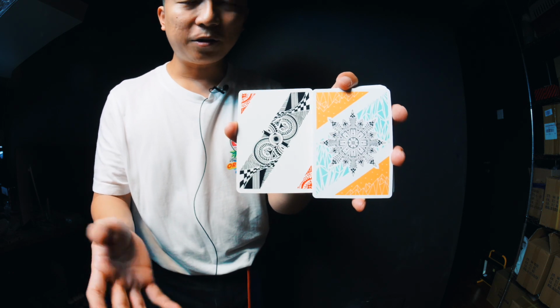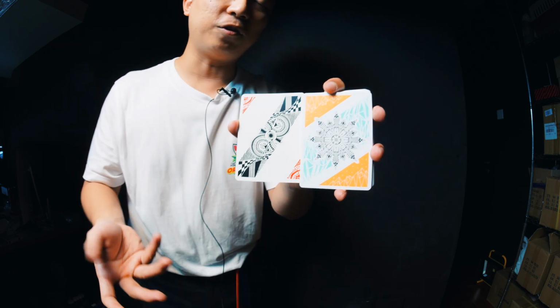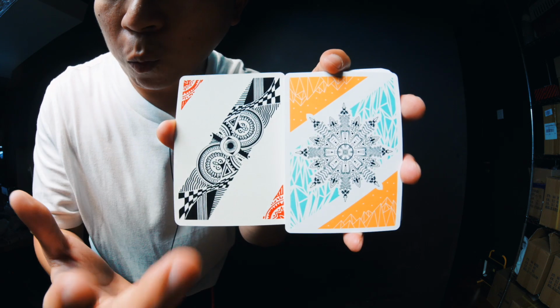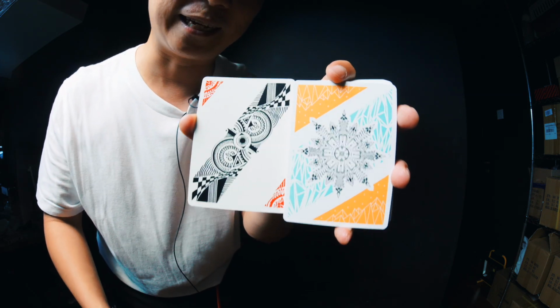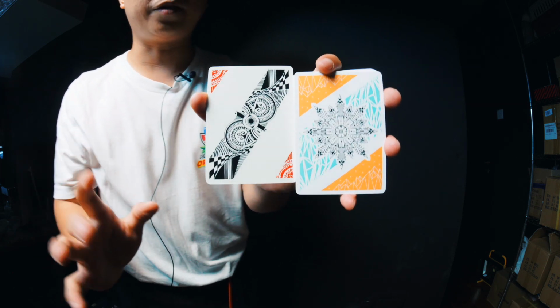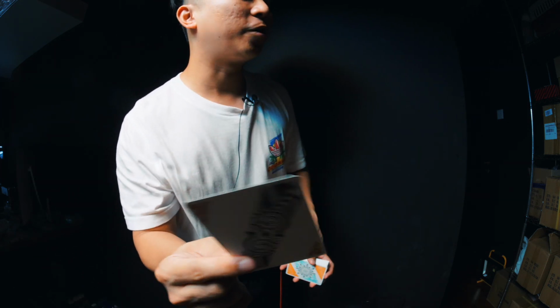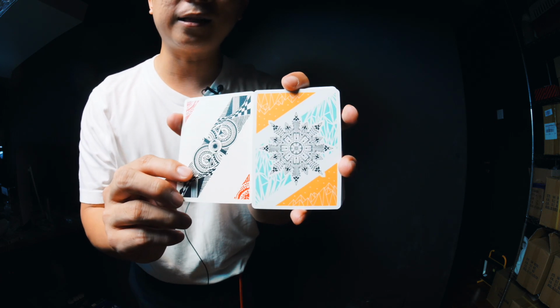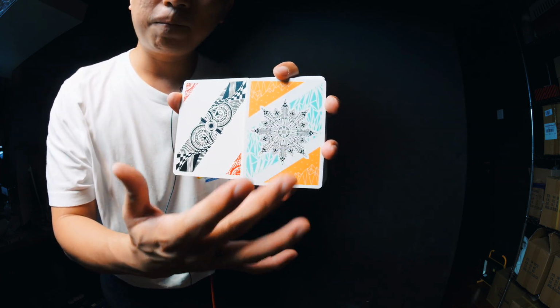This design language was part of the cues that I gave to our illustrator, Mr. Marcus Lim, in terms of what I wanted to see on the face of the design. In the School of Cardistry V1 version of the face cards, I told him, make an abstract chord card. In the School of Cardistry V2 version of the playing cards, I told him, I wanted something